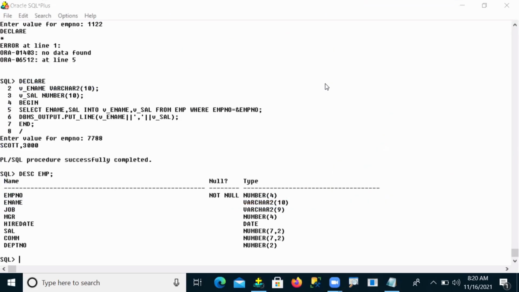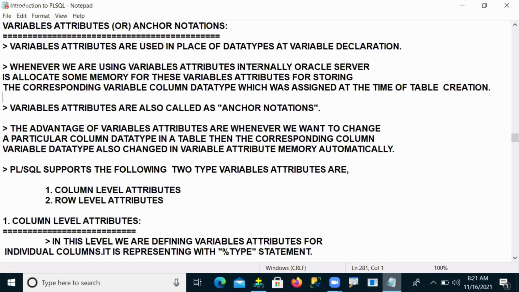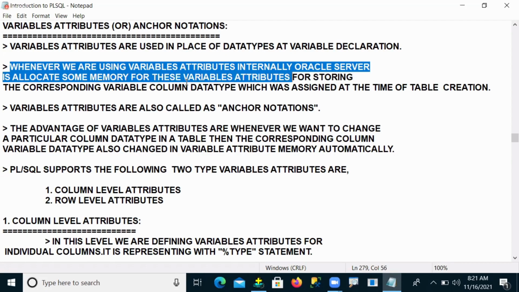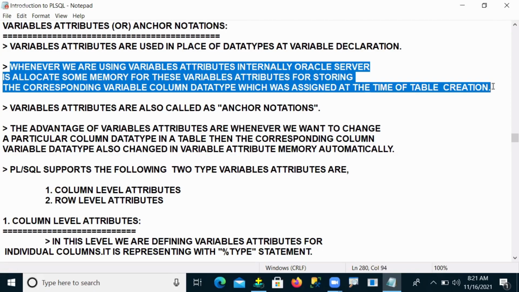Okay, right. This is the advantage of anchor notations. So that's why let me come to the point here. Whenever we're using variable attributes, internally the Oracle server allocates some memory for these variable attributes, for storing the corresponding column data type which was assigned at the time of table creation.